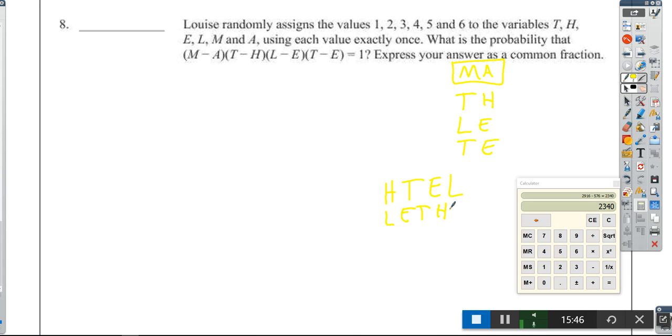All right. So here we go. So that means the MA can either go in the beginning or it can go at the end. So that means we have MA followed by H. I know. So I can have that combination. Or I can keep the MA and I can go,